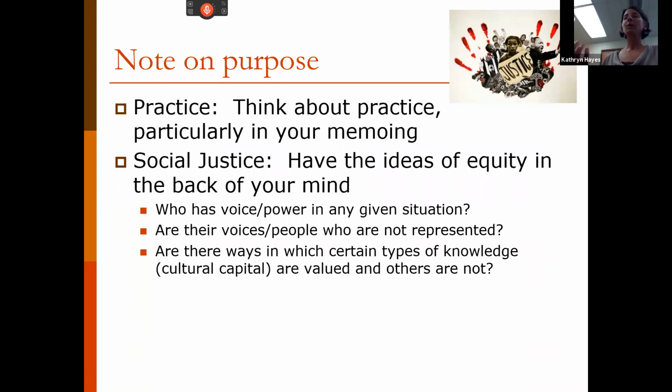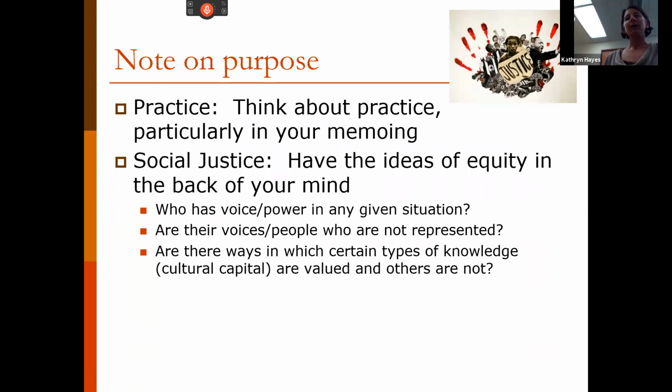And so as you code, you can make memos like, oh, this would be a great way to address such and such challenge in my teaching. Oh, from coding what these students said, I realized I need to approach my work with teachers in a different way, and this is what I should do. Or maybe all administrators should approach their work with teachers in a different way, or whatever, right? And the other thing, of course, is social justice.